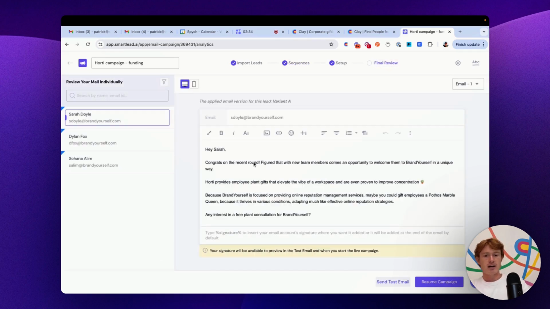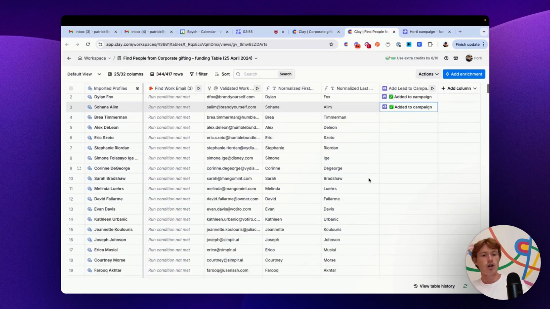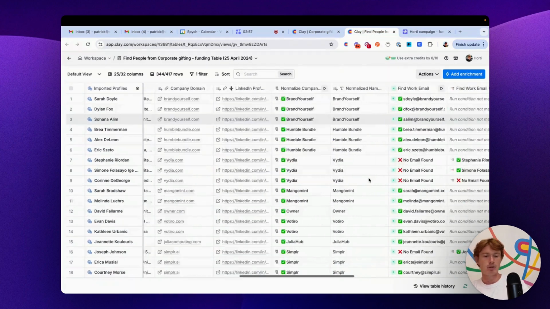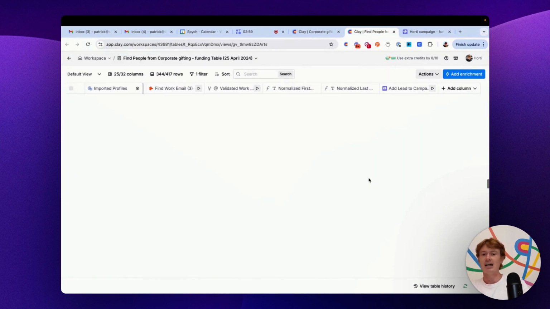So congrats on the recent round to Sarah. Figure that with new team members comes new opportunities to welcome them, brand yourself. And then we have, maybe you can get employees a Pothos Marble Queen because it thrives in various conditions. And then a free plant consultation offer, just as mentioned before. So it's very important to review all of these things one by one to ensure that it actually ends up working out. You can do this with all of your leads in your Clay table to completely fill the entire